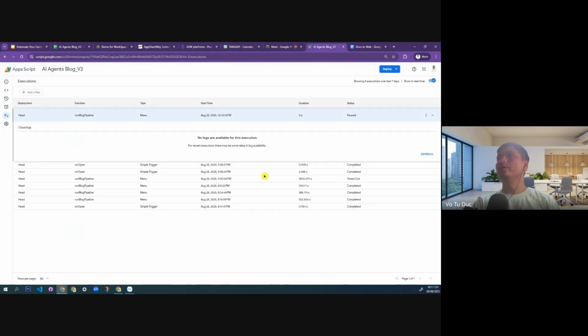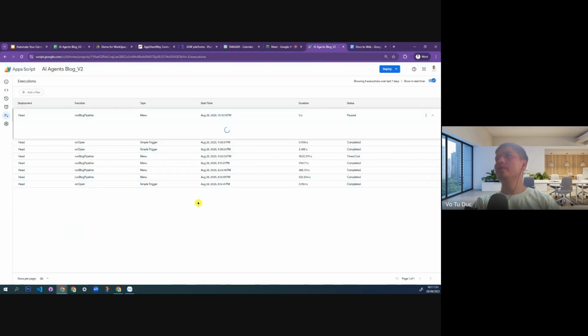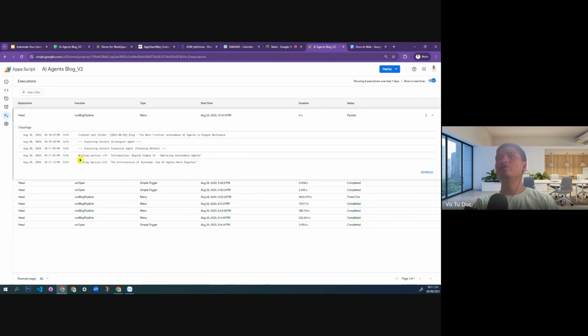We will soon see it go to the log here, I guess. You see it starts. The content strategy agent is working right now, and it uses a chunk method to write every detail of